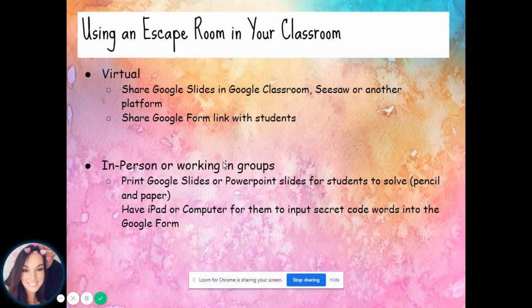So how would I use this Google Escape Room in my classroom? Well, if I was teaching virtually, then I would share both the Google Slides and the Google form as a link with my students. So I might share the Google Slides via Google Classroom, Seesaw, or another platform. And then I would copy the link from that Google form and send it to my students as well